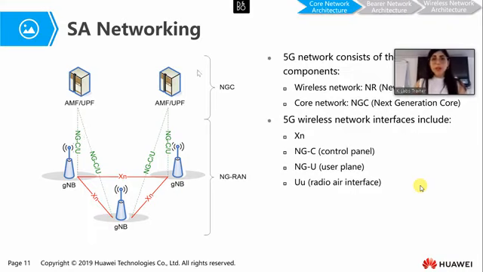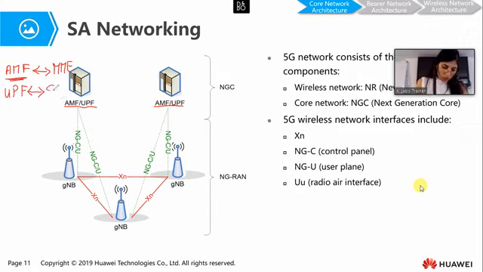So in here, you can see, for example, these two entities, AMF and UPF. We are going to describe them, but AMF stands for Access and Mobility Function, and UPF stands for User Plane Function. Basically, the AMF is a node of the 5G core network, which corresponds to the MME in the 4G core network, while the UPF is a node of the 5G core network, which corresponds to the serving gateway in the 4G core network.